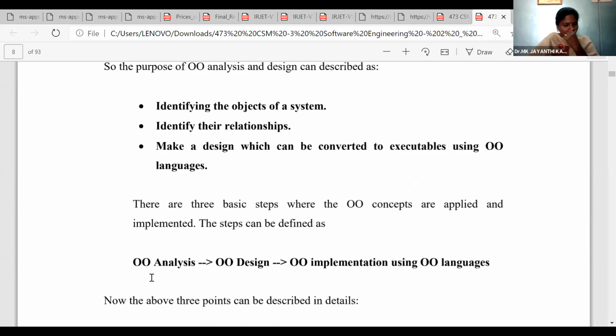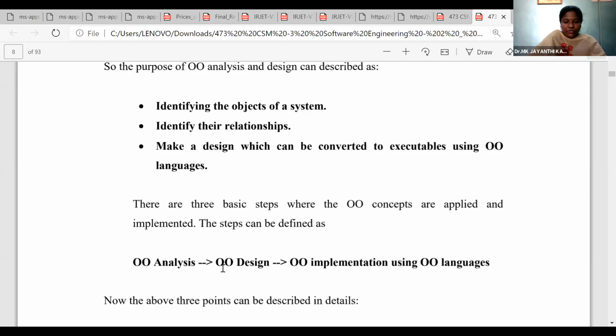If you go for the design of any object-oriented concepts, we'll go for object-oriented analysis, then object-oriented design, because once we focus on object orientation, we should make use of object-oriented analysis methods like functional specification, non-functional specification, everything focusing on objects.